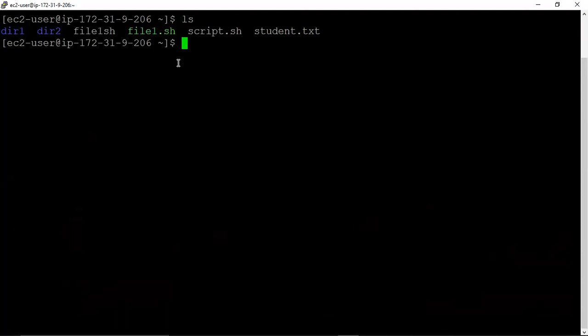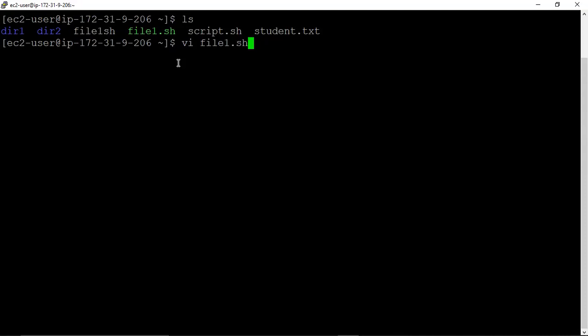As I told you, this is an alternative option for a variable. We want to edit